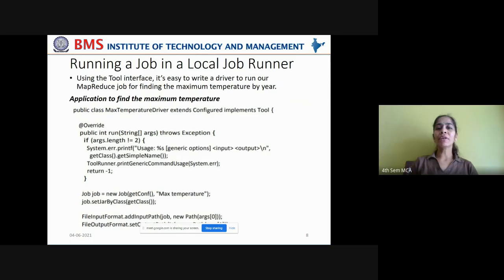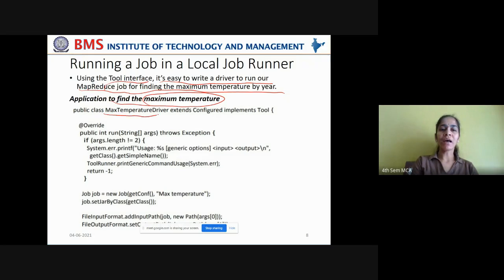Now, running a job in a local job runner using the Tool interface, it is easy to write a driver to run our MapReduce job for finding the maximum temperature by the given year. So you're writing an application to find the maximum temperature here, and you're including the test in order to see whether the job is running properly or not at a smaller scale, right?